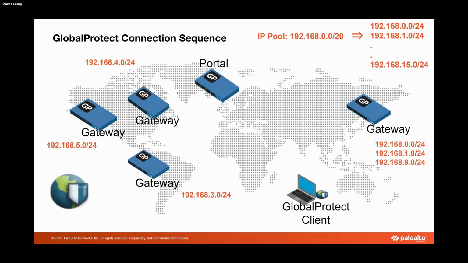And this is completely automatic. You don't need to do anything. All we have to do is allocate the IP pool. It is strongly recommended that you allocate a larger pool, like /20 or /16, depending upon the number of gateways you have and the number of users you have. For example, if you don't have enough /24s, and you're onboarding a new gateway, your onboarding